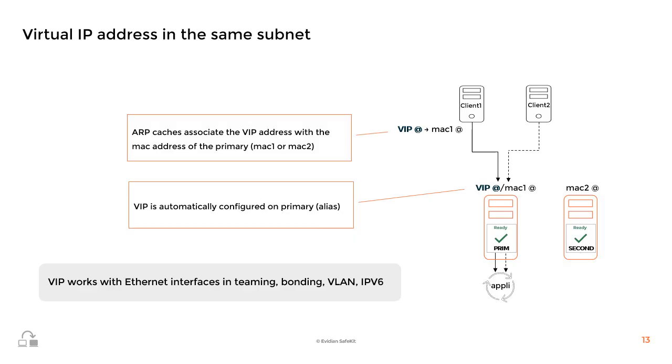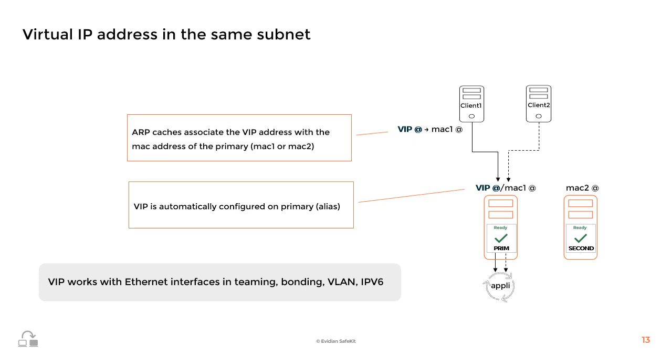A virtual IP address, also named VIP in the figure on the right, is a third IP address in addition to the two physical IP addresses of the two nodes. In a mirror module, the virtual IP address is set as an alias on the network interface of the primary node, which runs the application. Both nodes must be in the same subnet to be able to switch transparently the virtual IP address from one node to the other at the MAC address level, level 2 in the network layer.